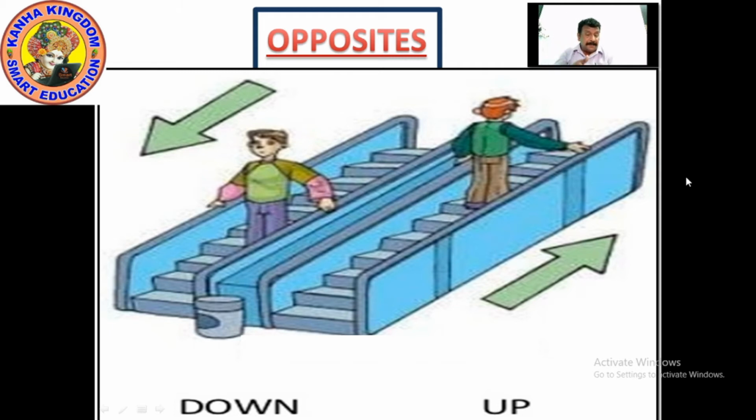So when you say down, it means you are getting down from one storey to the second, from second to first, and first to ground. And while going up, from ground to first, and first to second, you go up and up. Okay? So now write the opposites. Down, up, D-O-W-N, down. The opposite of down is up and up is down. Please write it down.